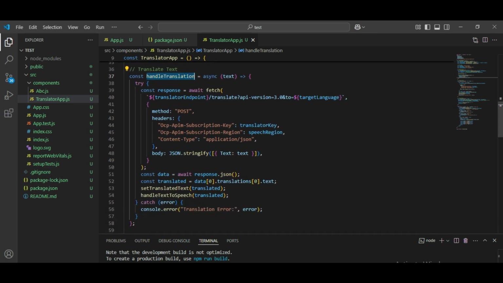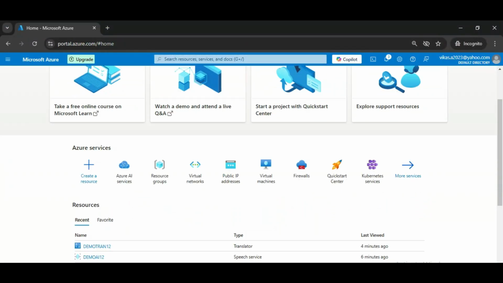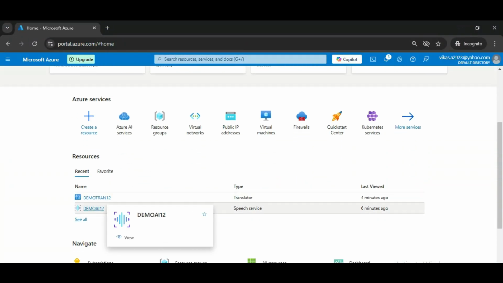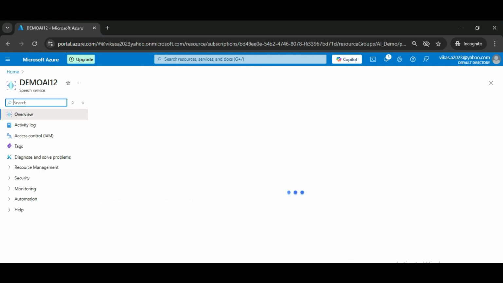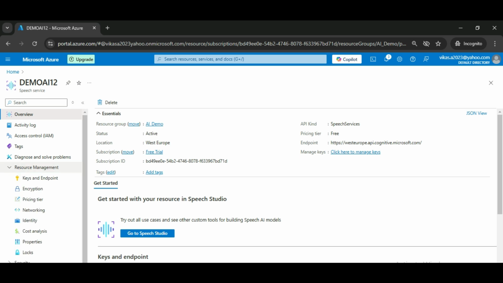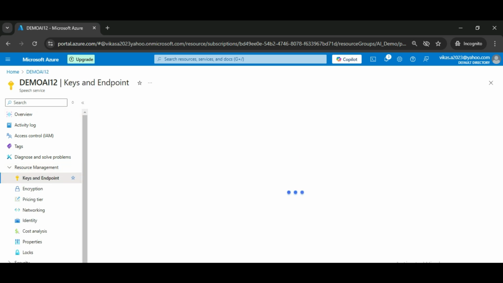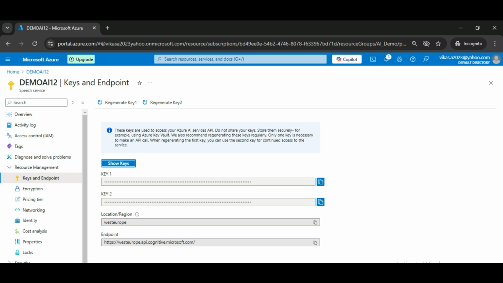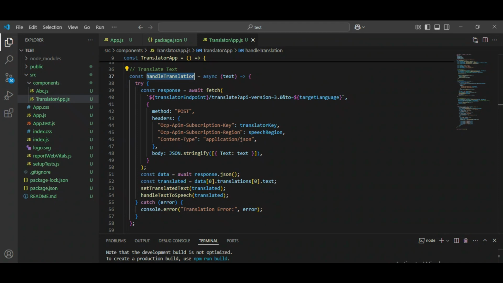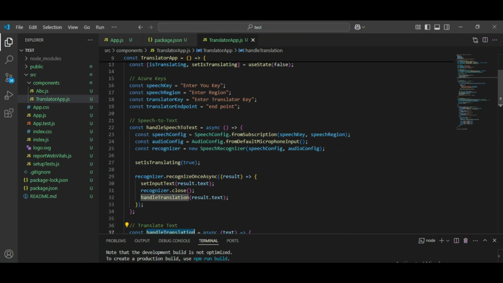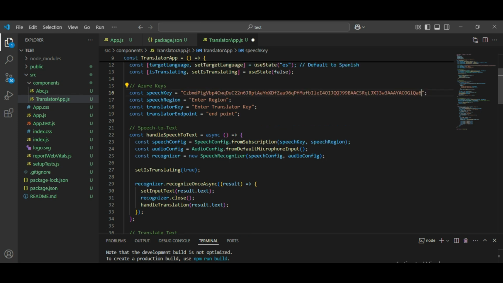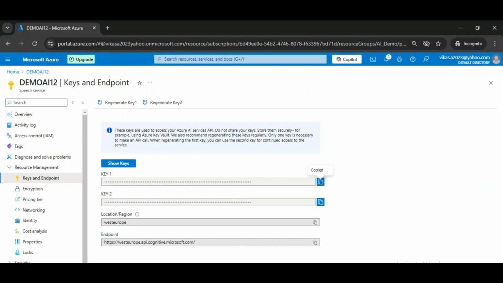So let's go to the Azure portal one more time, and let's go to this speech services that we created, and in that let's go to the resource and go to this key and endpoint where our key is mentioned. So if you see this key, this is our speech to text key and this region. So let's copy the key and go here and then enter the key, and again go to the Azure portal, then copy the region,